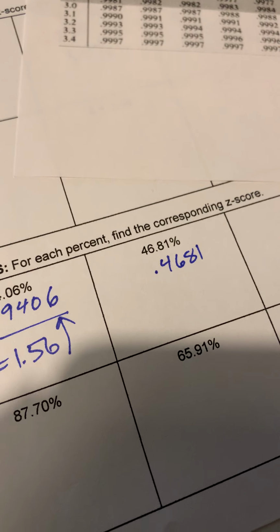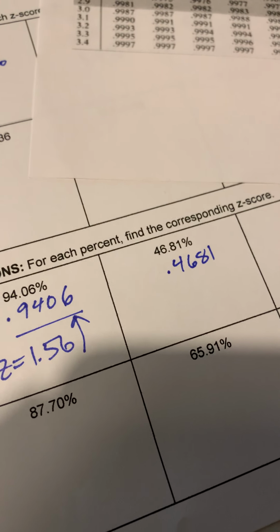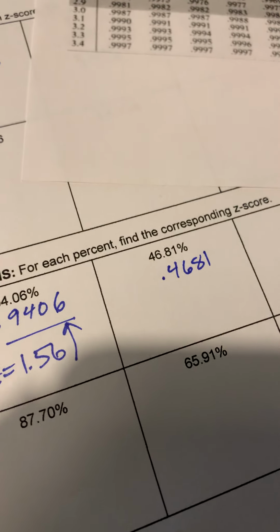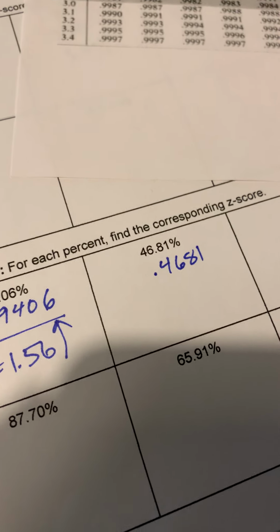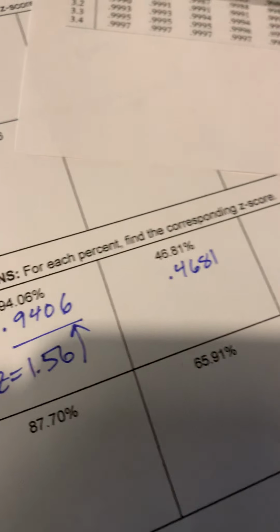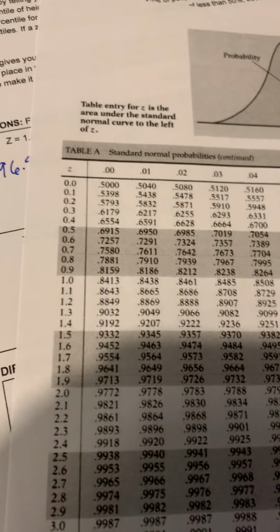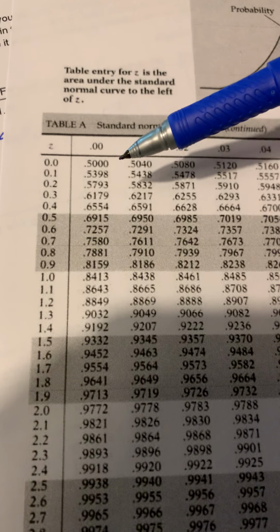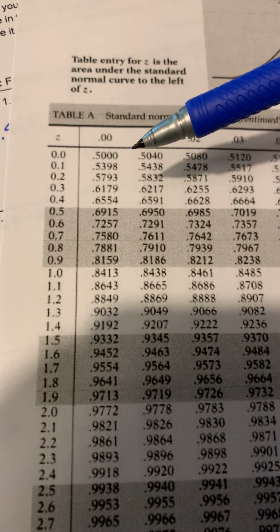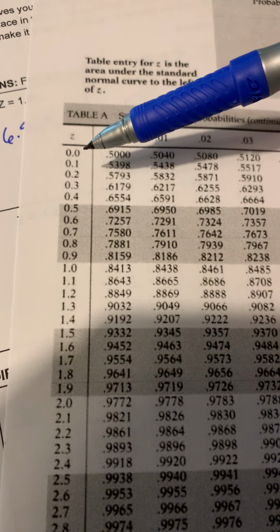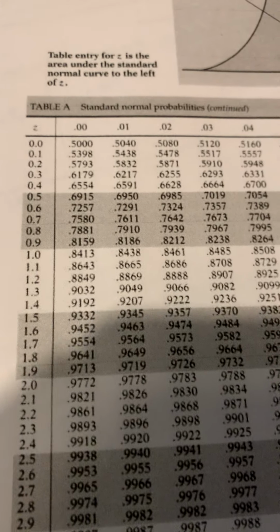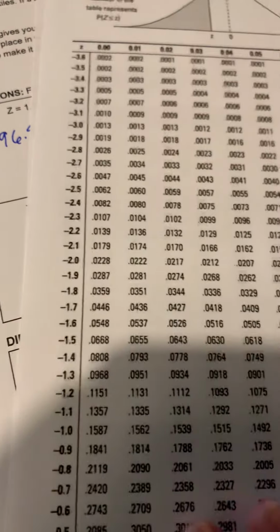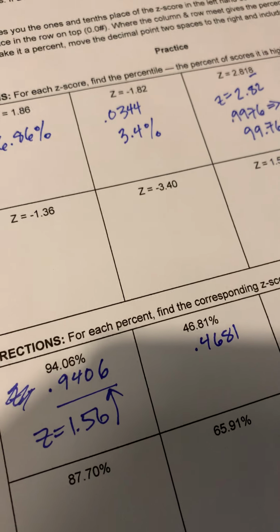So anything less than the mean has a negative z-score, and that negative z-score means it has a percentile of less than 50. So if I look at this positive z-chart, the smallest number on here is 0.5000, because that's where you have a z-score of 0.00. So I actually need to look at my negative z-chart